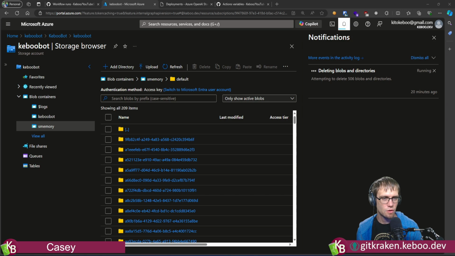Let me just jump into the blob containers. Yes, memory. And then I'm going to trigger a deletion from in there as well, just to hypothetically see, because this uses, I believe, AZ copy under the hood to get its jobs done.